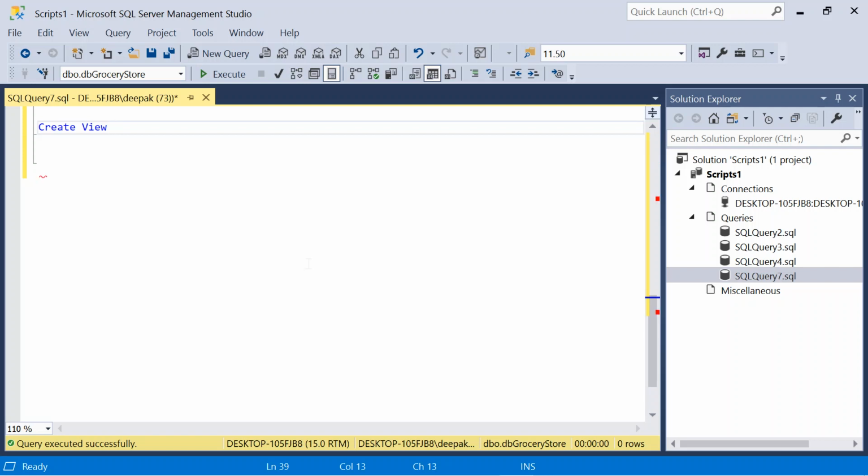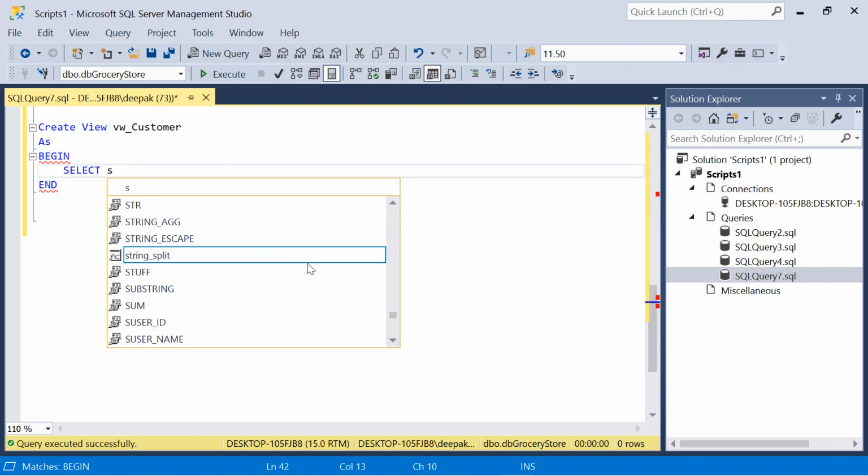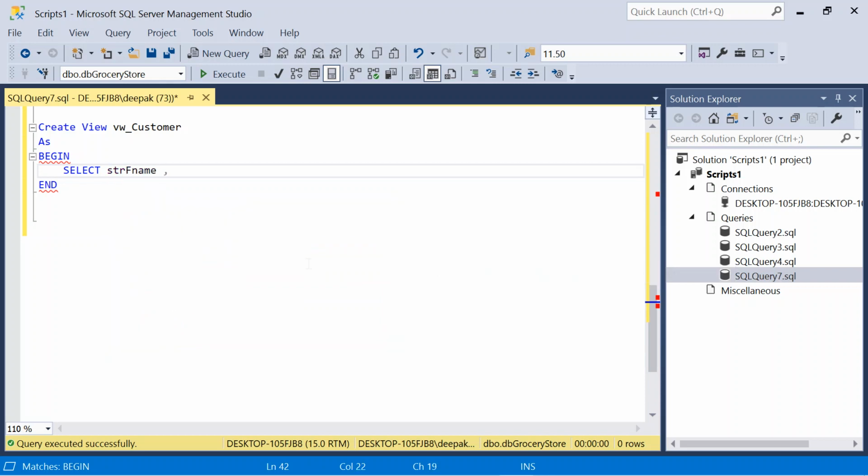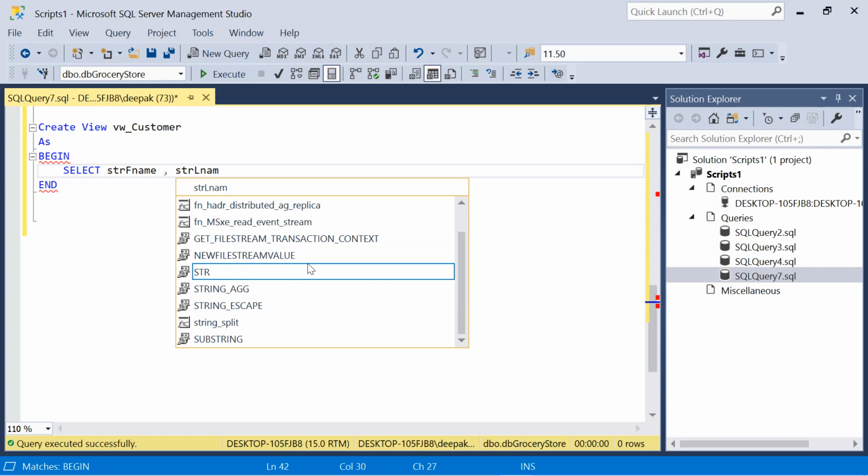Create view. Again, naming convention, since it is a view, we will have begin end. Never write a star statement. Please write only the field names which you need in your query.